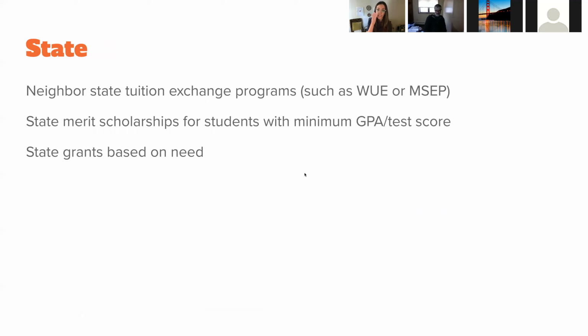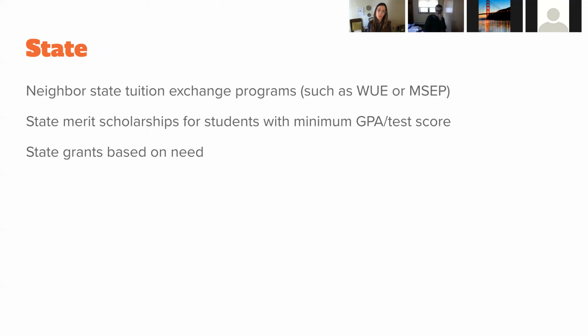All right, state funds usually take the shape of a good neighbor tuition exchange program. So in the West, it's the WUE, the Western Undergraduate Exchange. I've got a handful of families in the Midwest and it's called something else. But essentially this is where a whole group of partner institutions agree that they're going to give a tuition discount to students coming from neighboring states. Not every school in the Western region participates, we know this, but those who do in the Western Undergraduate Exchange give a discount equal to 1.5 times what residents pay. So it's a nice discount. It's usually about a $10,000 savings a year.